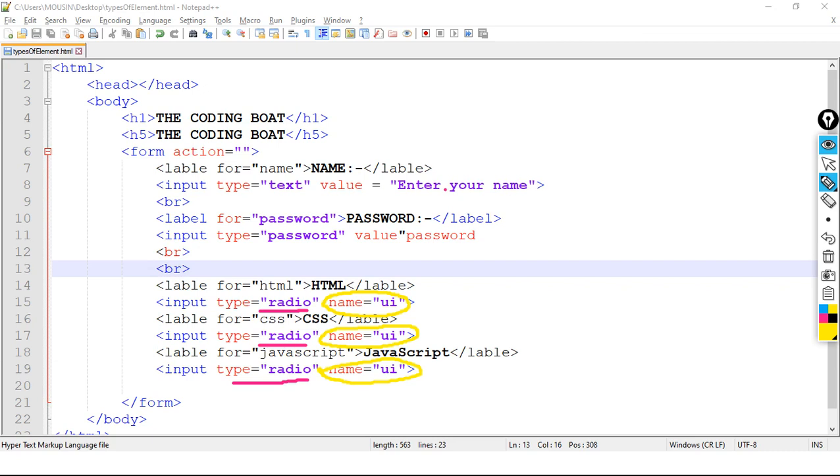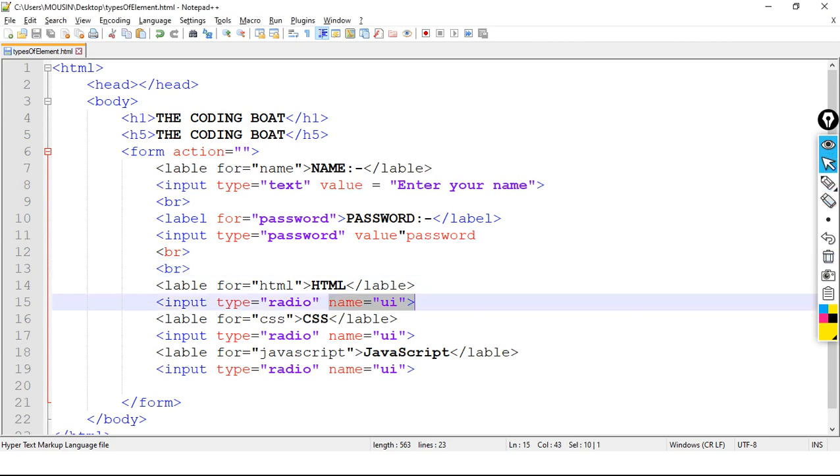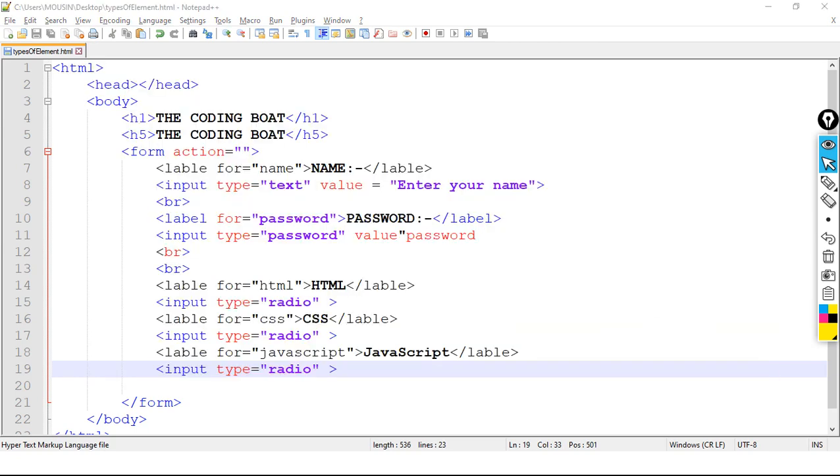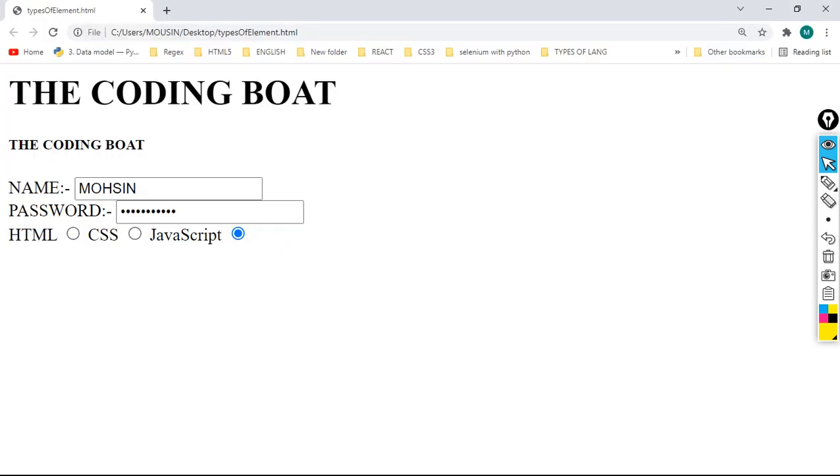What will happen if I remove this name? Let's understand by doing it. I am removing this name and saving. Here save the code and refresh the web page.